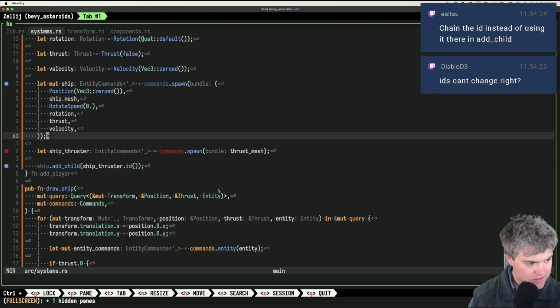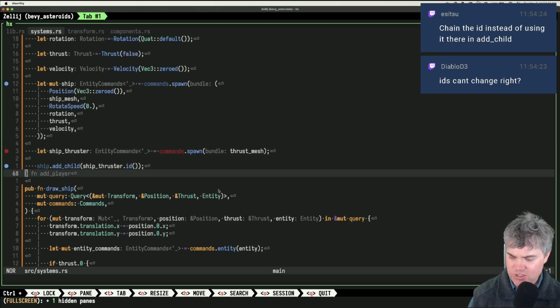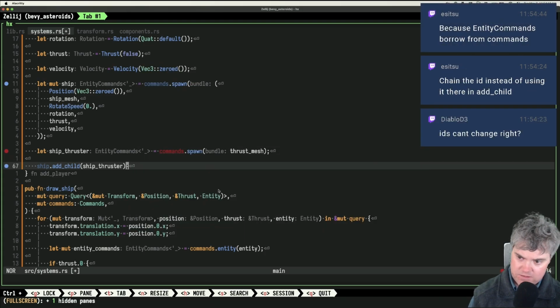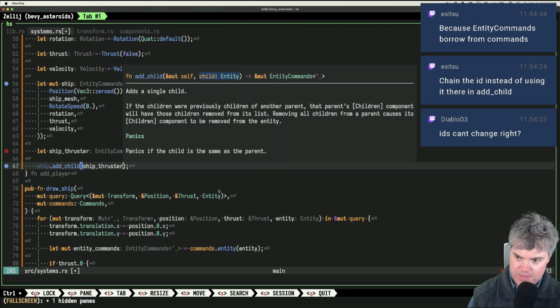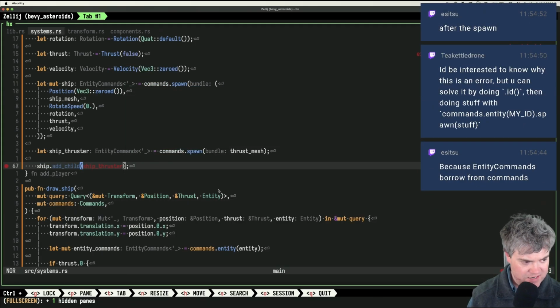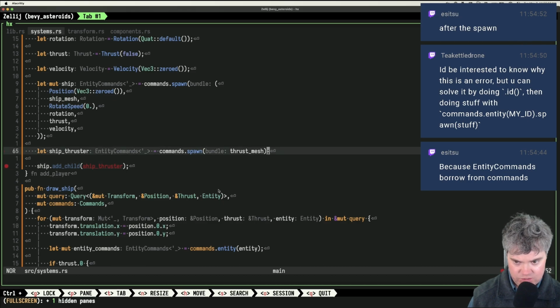Chain the ID? How do you chain the ID? There was like a chain? I remember reading about chains, but I'm confused about using it in here. After the spawn, like this. Okay, so we have spawn.